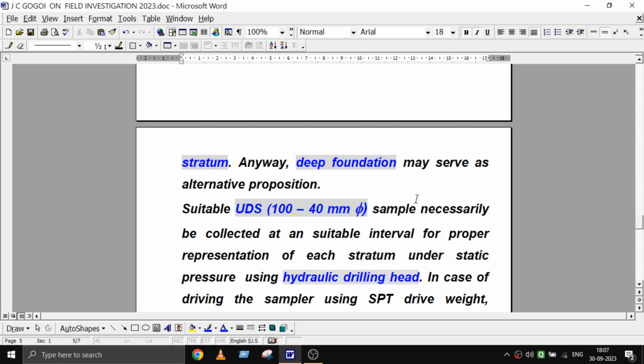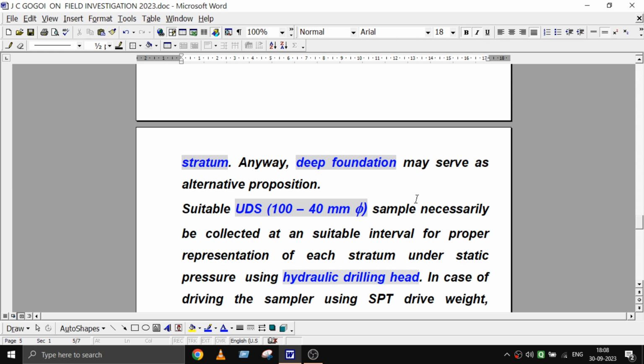If possible, say 1.5 meter or 1 meter, whichever is feasible to collect this sample. If we get more samples, it is better for us. If we do not go for more samples, at least